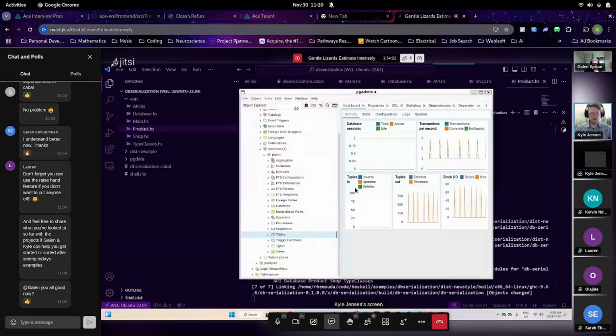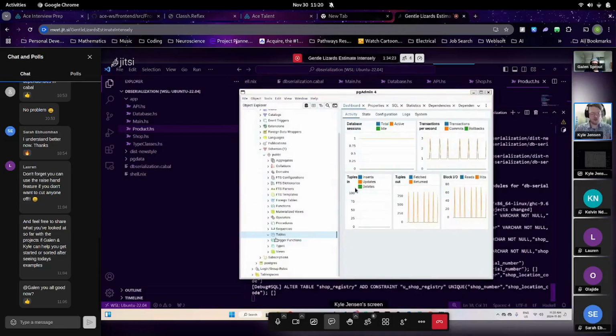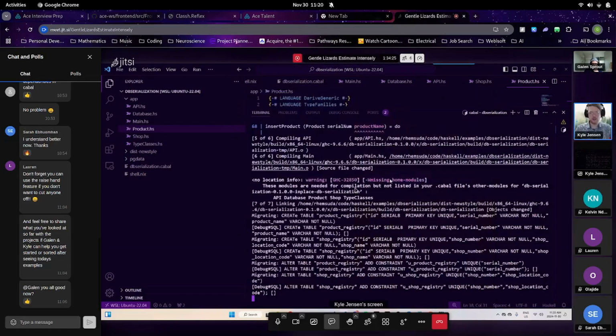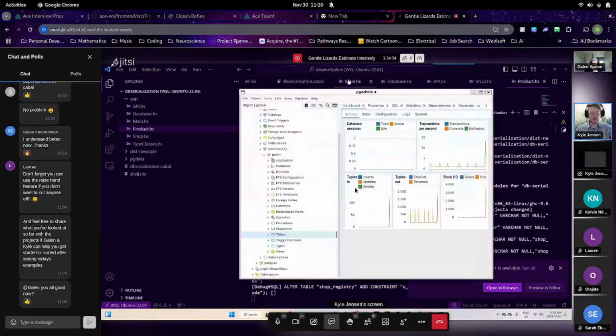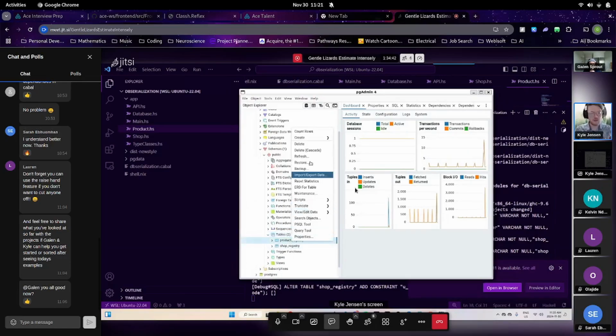And so if we remember, we have no tables, right? And look at that, it actually just created a bunch of tables in our database and it started up a server on port 8081. So if we come in here and refresh our tables, we now see we have our product registry and shop registry. So if I open these,